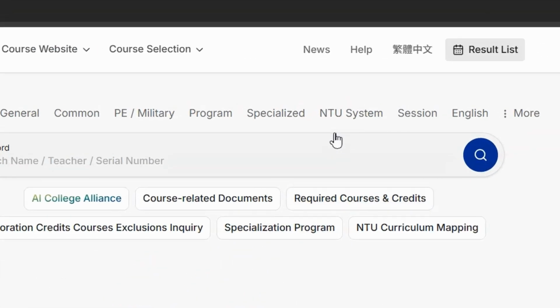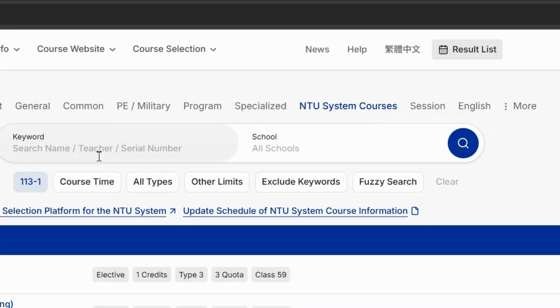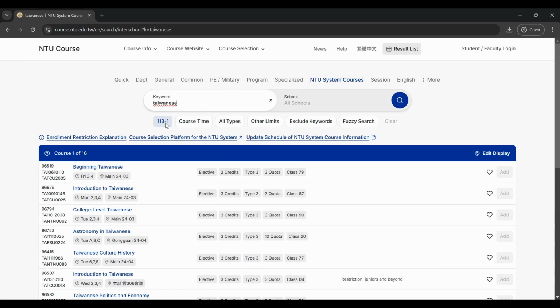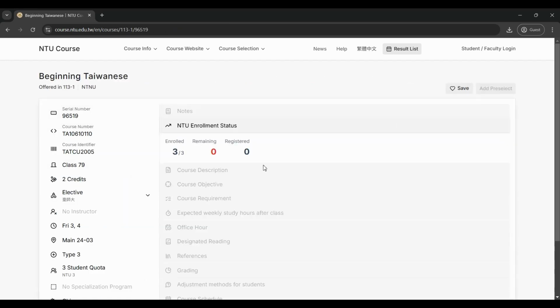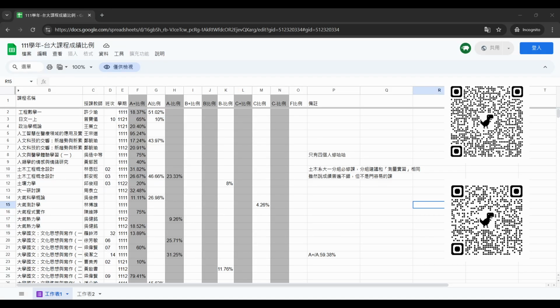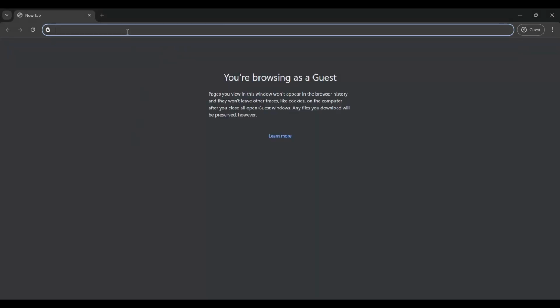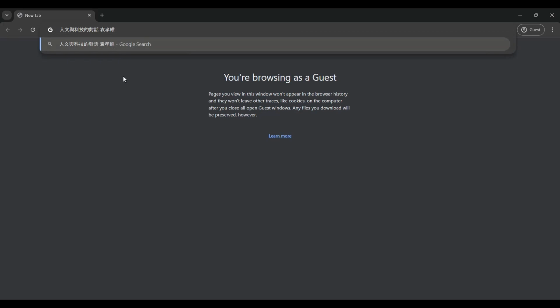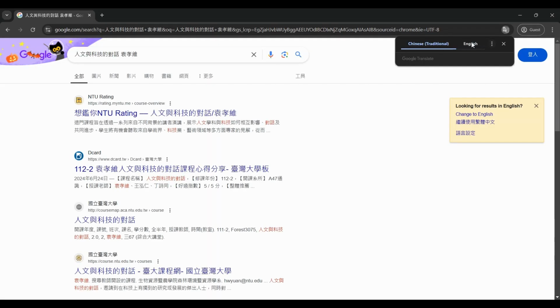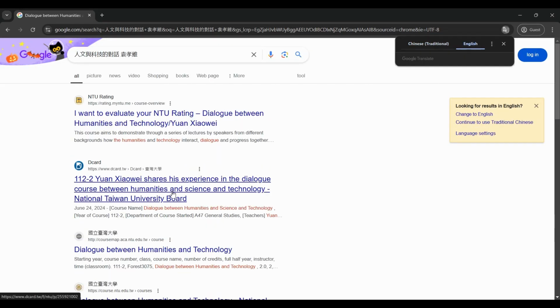You can also take some really interesting classes from the National Taiwan Normal University and the National Taiwan University of Science and Technology. If you're concerned about your GPA, you can access the grade outcome base from these links. If you want to find a course review, you should go to a forum like PTT or Dcard and search with the Chinese class name followed by the instructor's name.